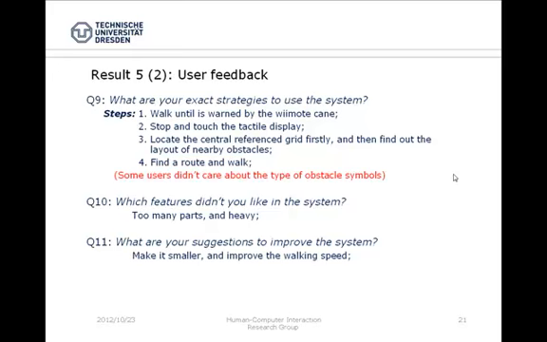But we found some users don't exactly care about what type of optical symbols. They just care whether there are obstacles and make an avoid behavior. So what is not good enough for the system? They think there are too many parts and it is too heavy for the whole system. They would like it in the future to be smaller and to improve the walking speed so it can be used